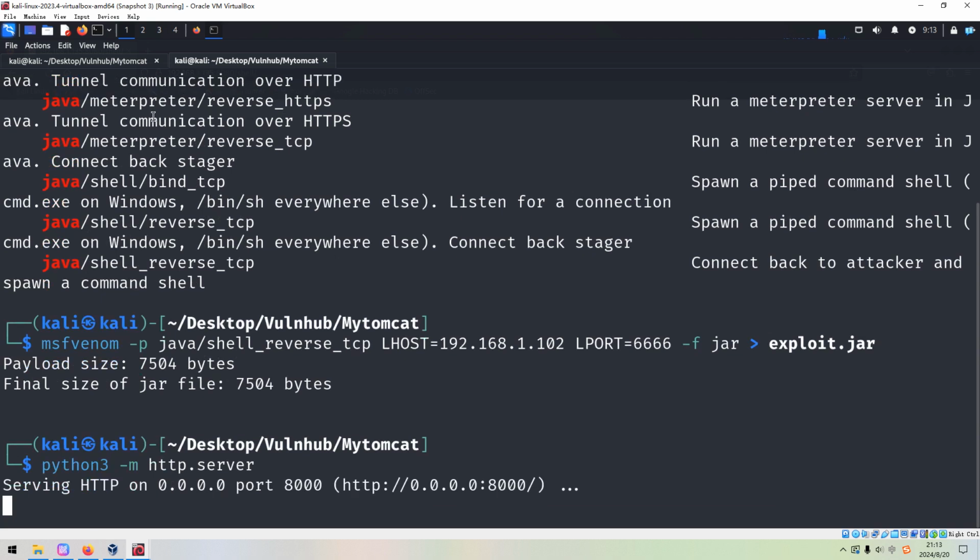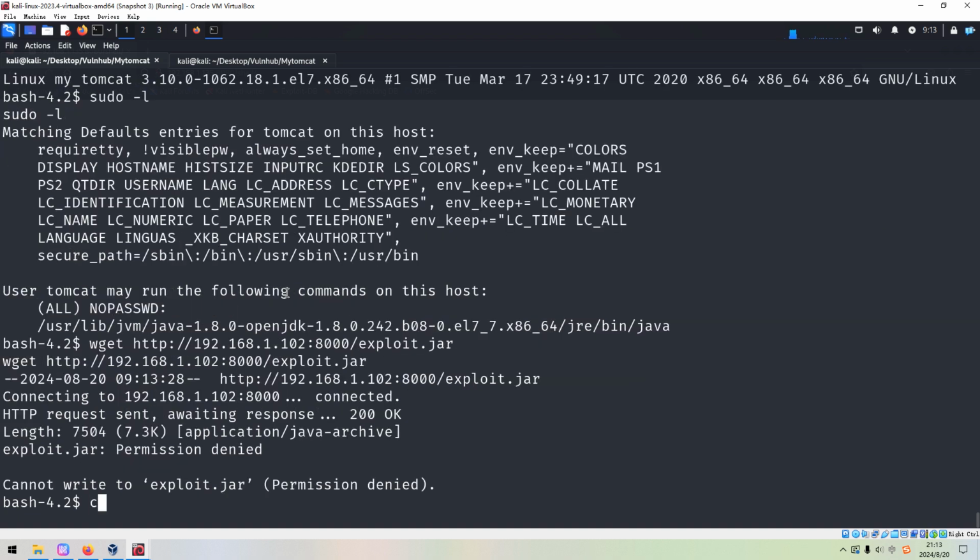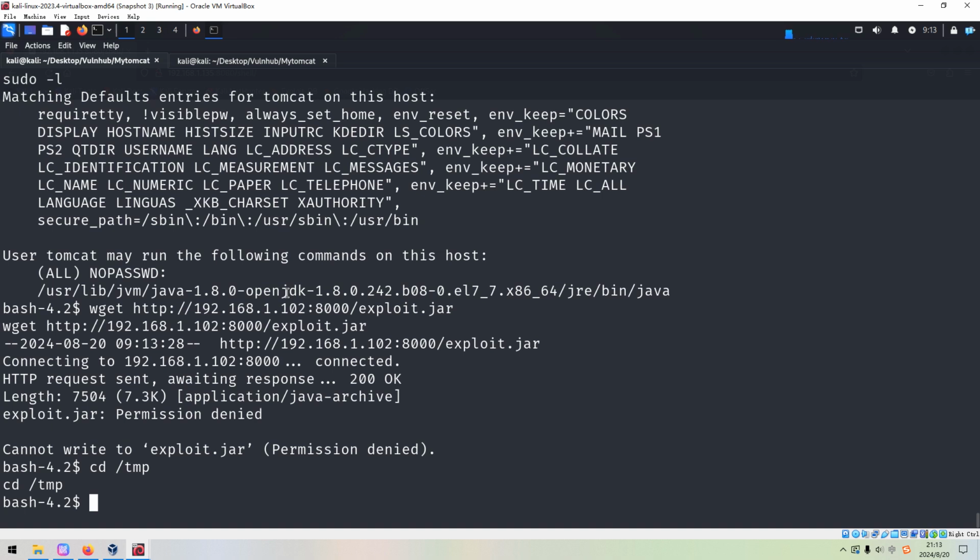So now we can pull up the target shell. We can use wget to upload. exploit.jar permission denied. Maybe we can navigate to the temp directory and copy this command and run it again.